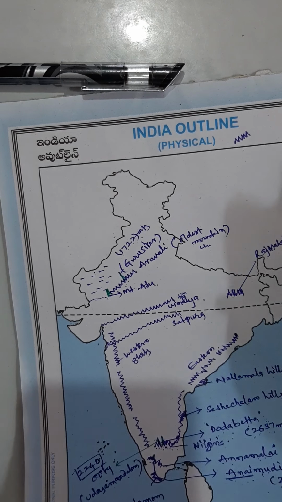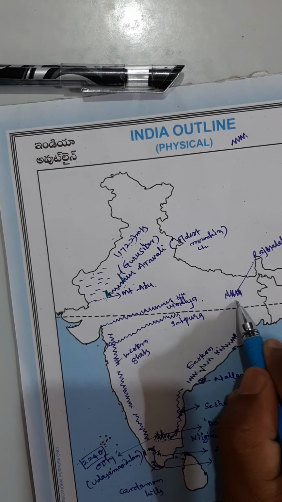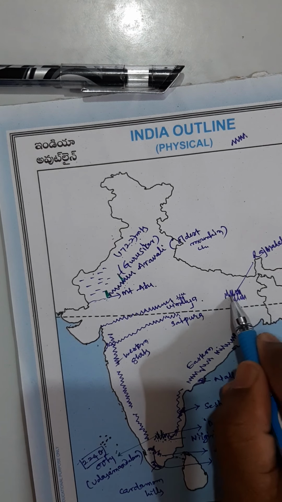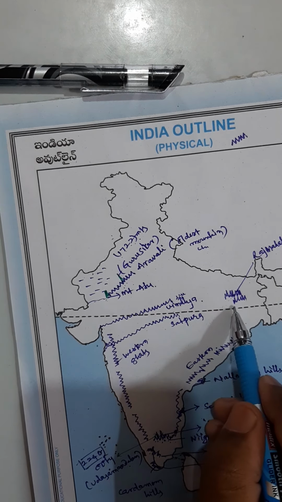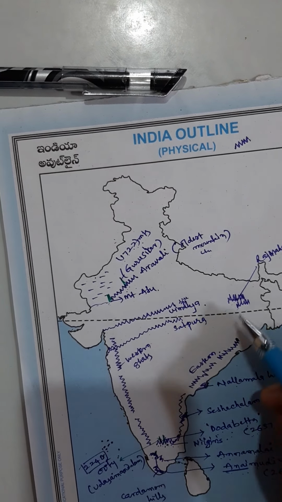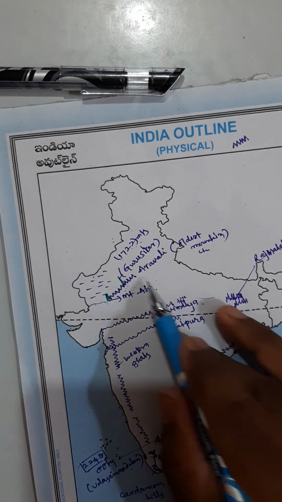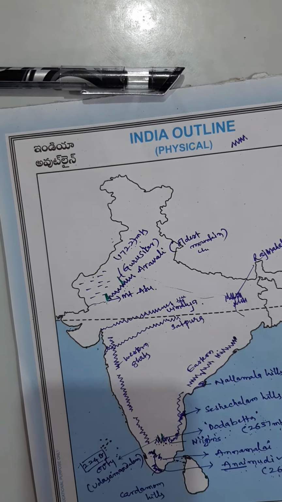Rajmahal Hills is very important, and this is going to make a boundary. A little bit here only you just point out, not there. So this is the easternmost tip of the plateau. So here the plateau is going to end. So this is the entire plateau, from here to here you're going to find the entire area.